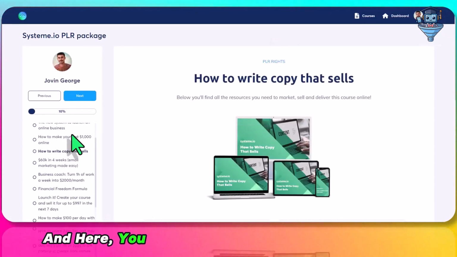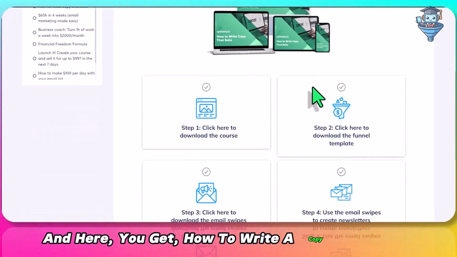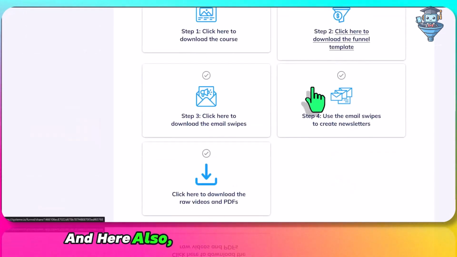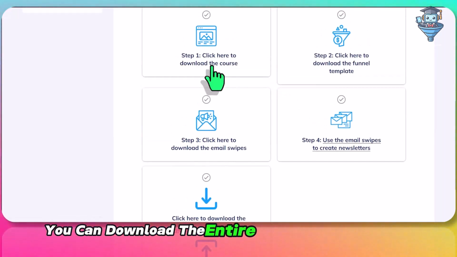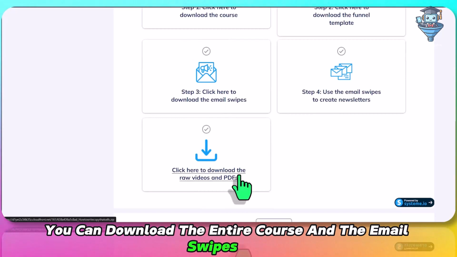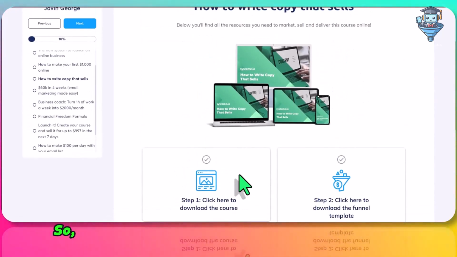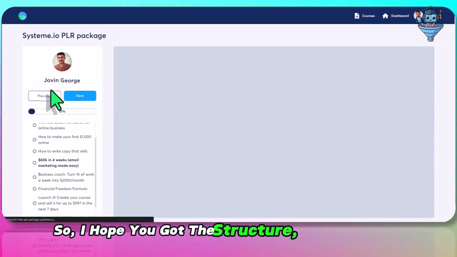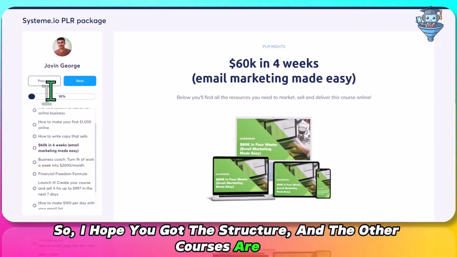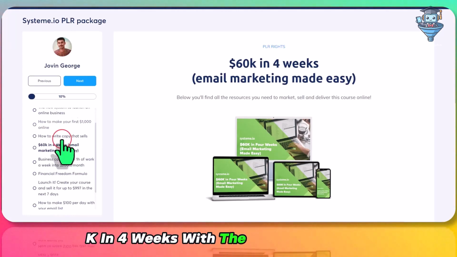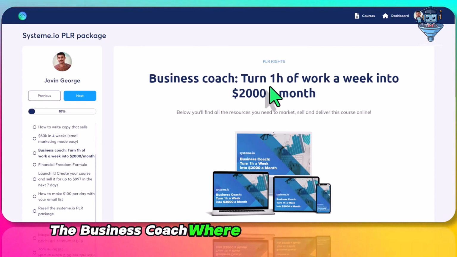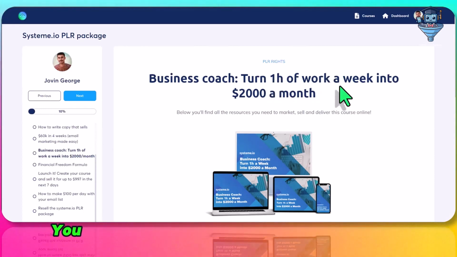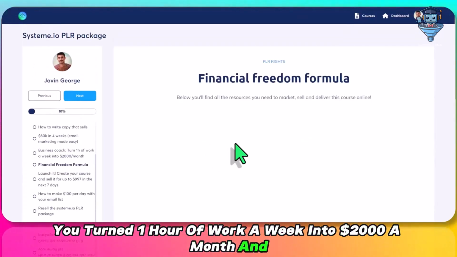And here you get how to write a copy that sells, and here also you can download the funnel. You can download the entire course and the email swipes and the raw video files. So I hope you got the structure. And the other courses are 60K in 4 weeks with email marketing, and the next one is the business coach, where the owner of Systeme turned 1 hour of work a week into $2,000 a month, and financial freedom formula,